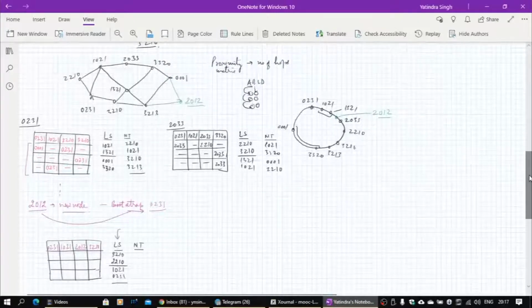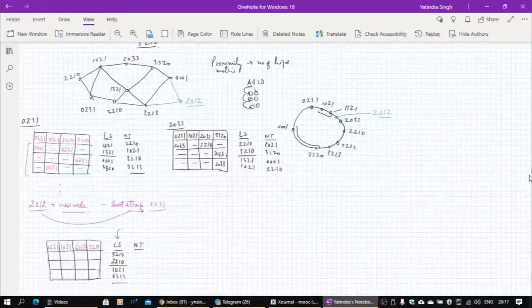So 2012, I am going to only look at these nodes. 001 is participating here, so it will become one of the entries, is one hop away. 3213, is it present here? No, it is not present anywhere, so that won't come. Now 3320, is it present there? No, it is not present. 1321 is not present. 3213 was not there. 3210 is there, so it will maintain 3210 as the next closest one.